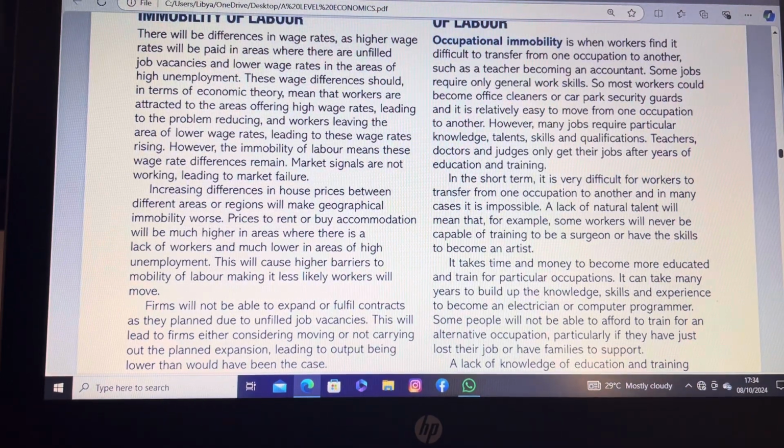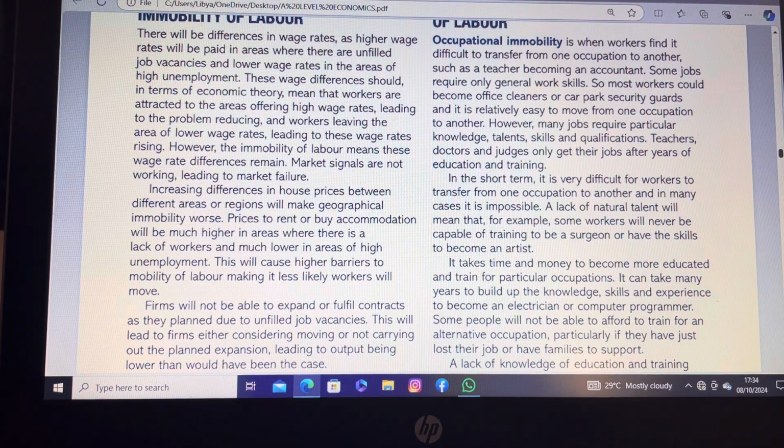There's supply of labor, there is demand for labor. Demand for labor is the quantity or the number of workers that companies are ready to employ, while supply of labor is the number of hours that workers are ready to work. So if it is difficult for workers to migrate to another country where these job opportunities are, it means there will be a shortage in the supply of labor in that country.